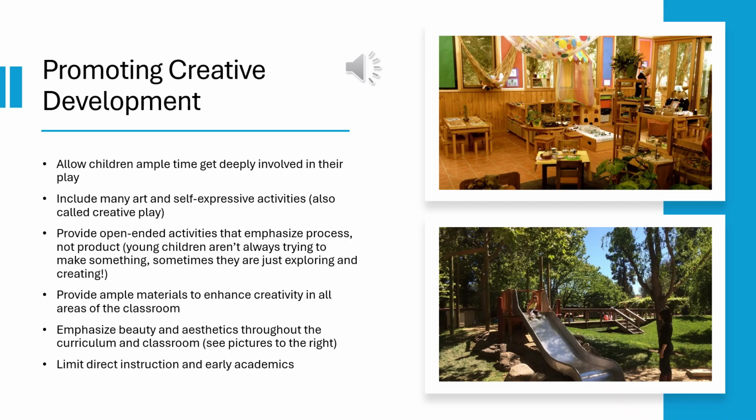Making sure that those materials are open-ended, that we're not telling children how to use them. So, I want you to come over here and I want you to put this paint on this picture in this particular way, and I want your picture to look like this when you're done, and I want you to use the creative materials in this very specific fashion. But letting children just enjoy the process and create what they want to create. And maybe they don't even create anything at all. Maybe they're exploring line or texture or the way light and dark colors work together with each other. And then maybe they'll create something with those skills that they're exercising. But worrying less about the product and worrying more about the process.